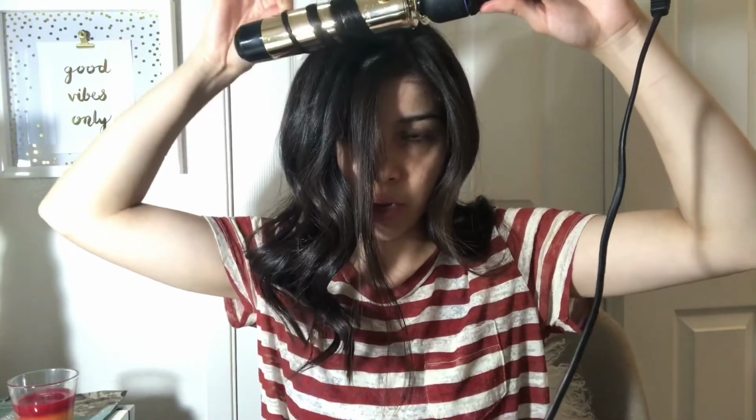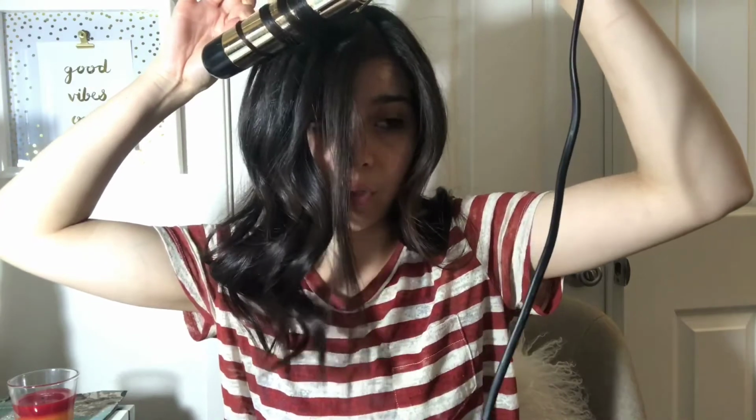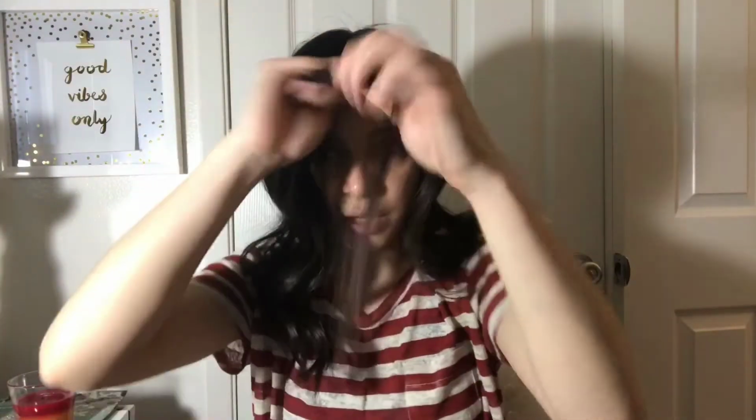So I'm just gonna do the same thing on this side. And then for the front, you're just gonna stay away about a half inch from your roots and just normally do the same thing I did on the other side. But yeah, that's pretty much it. And for the last piece,